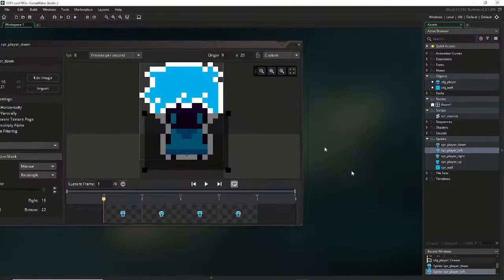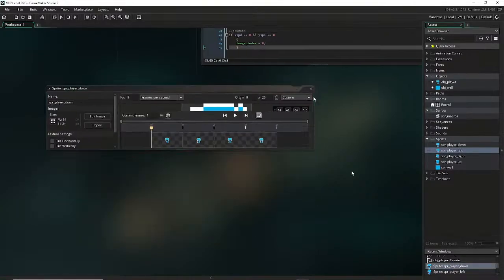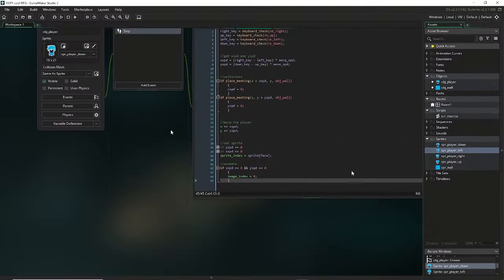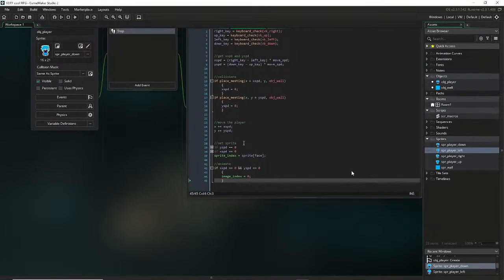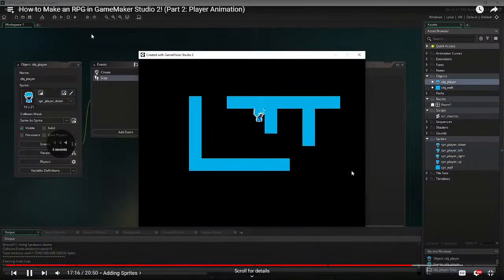What we're going to do is we are going to set our collision mask to always be the player down sprite. And we can do that very, very easily. So, in our setting our sprite, we can just come up here and we can say mask index is,